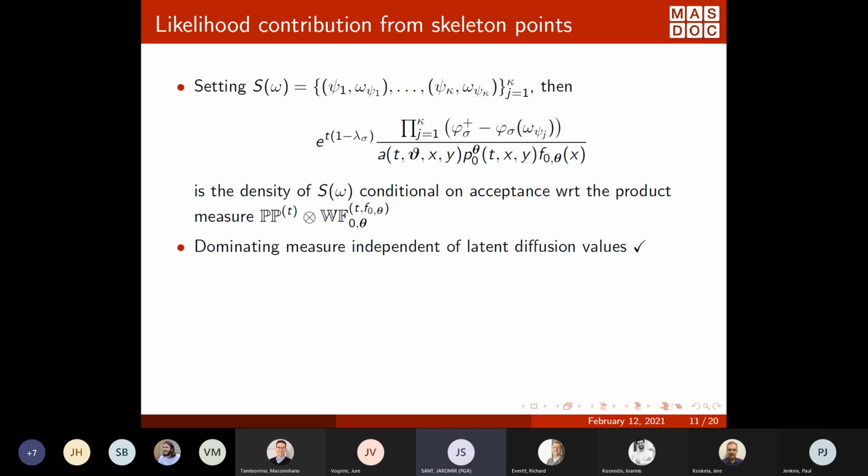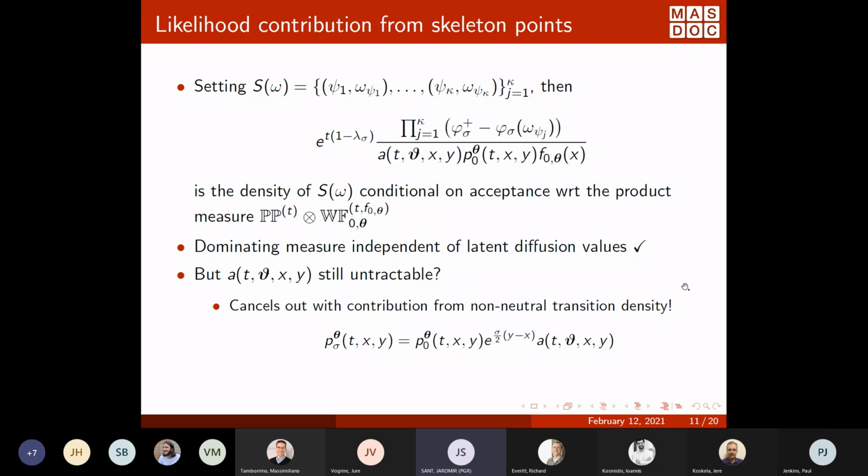Okay, cool. So the dominating measure is independent of the latent diffusion values, but there is a problem because, as I said, this A of t var theta xy is still intractable. But actually, it's a good thing it's there because if you recall, we're going to have this product of transition densities. This will be from xi minus 1 to xi and so on, and we'll have a product over these. But then, because we can decompose our non-neutral transition density into a neutral one, a term we know how to compute exactly, and this nasty A of t var theta xy, this guy is going to cancel out with this guy,